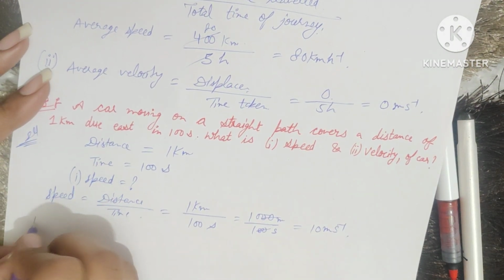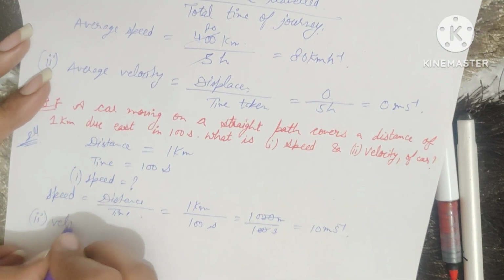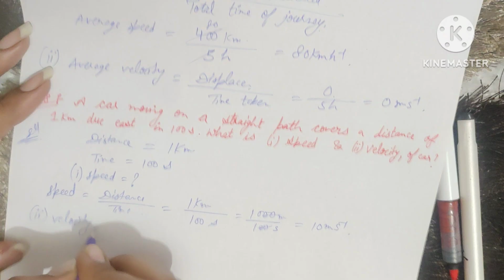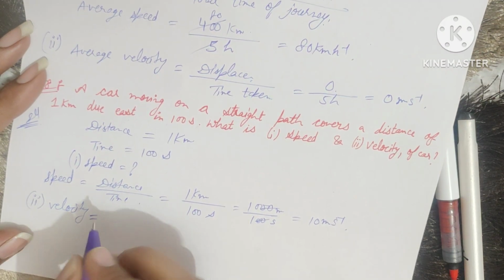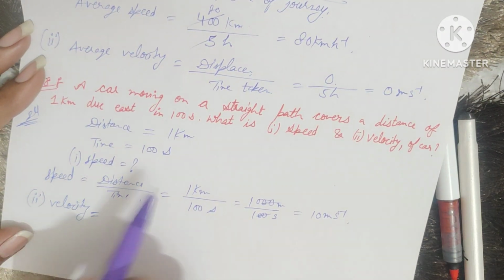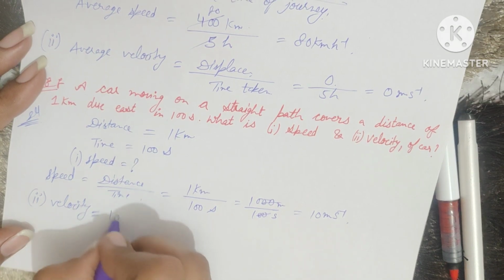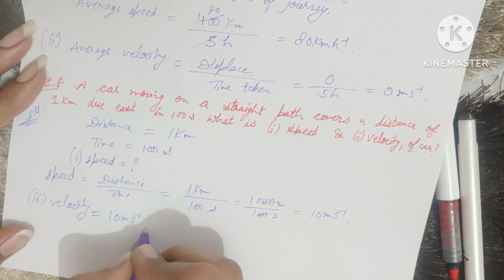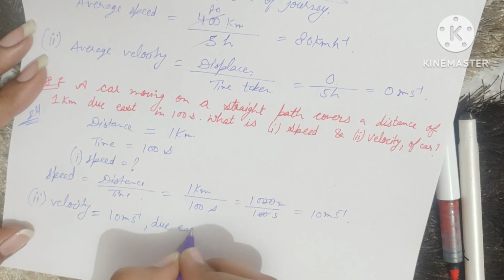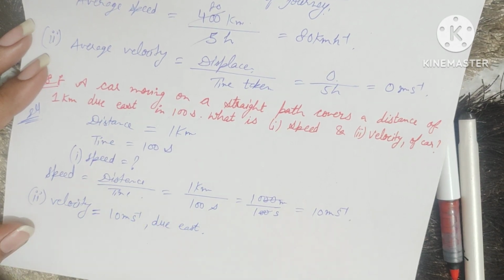This is for the speed. Second is for the velocity. What is the velocity? Velocity is also equal to speed. Both are having the same value, but it was moving due east. So the velocity is also 10 meter per second and it is due east. This is your answer. The next is